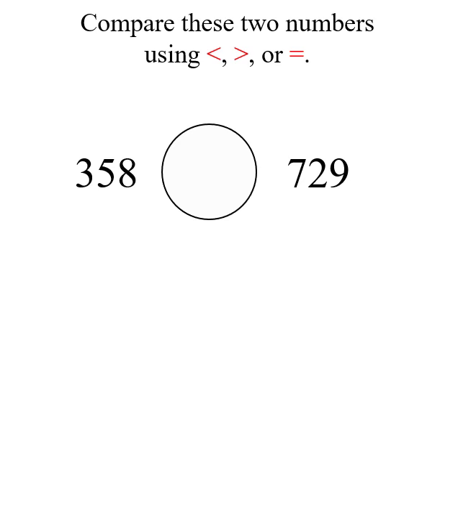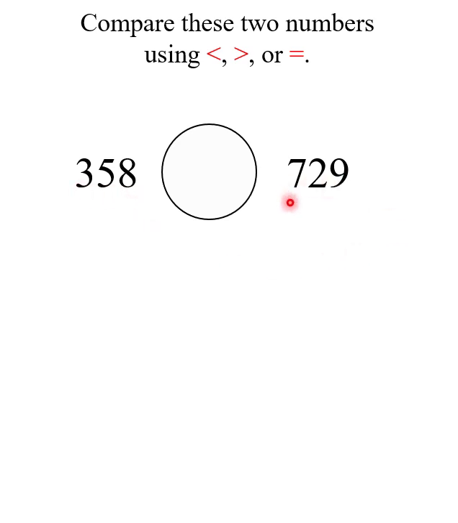I need to remember that I have the less than symbol that looks like this. I have the greater than symbol that looks like this. And of course, we have our equals to. Most of you remember the alligator likes to eat the bigger number, so we can compare the two numbers and think which one is greater and have our symbol look like that alligator's mouth is going to eat the bigger number. So let's start by looking at